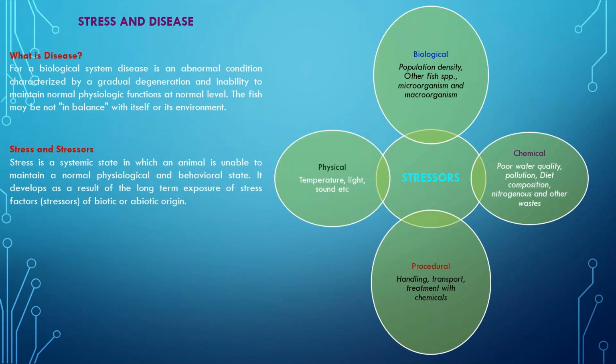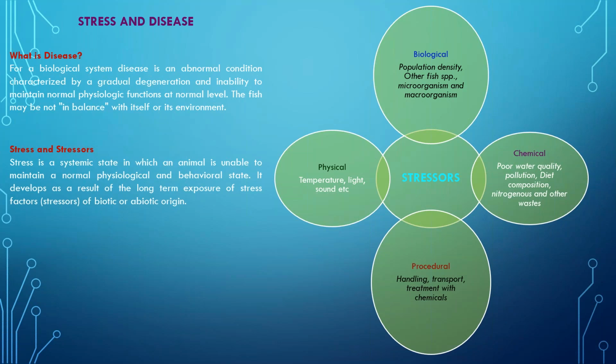So stress and disease, what actually is the difference? Disease, we can say, is in a biological system an abnormal condition characterized by gradual degeneration, inability to maintain normal physical conditions at normal levels. But what actually propounds this disease condition is stress and the stressors, the stress factors. The stress factors can be many, and I have divided them into 4 categories: the physical ones, the biological ones, the chemical ones, and the